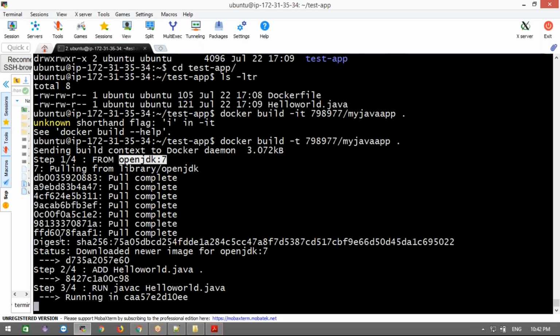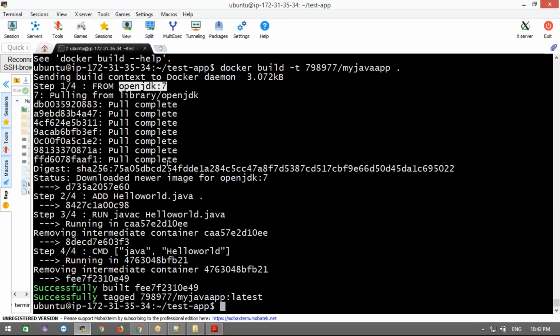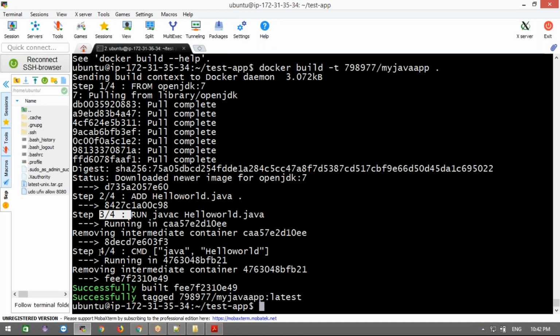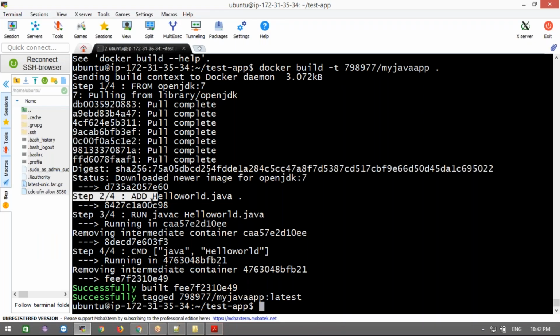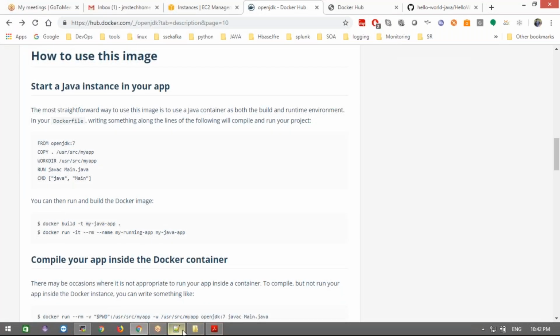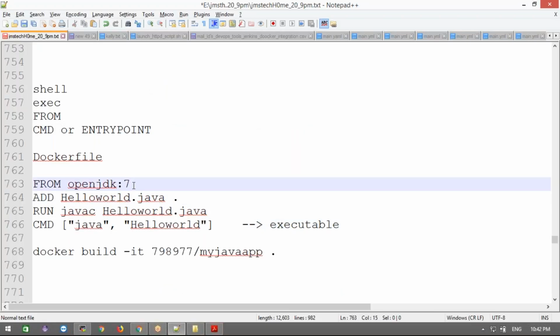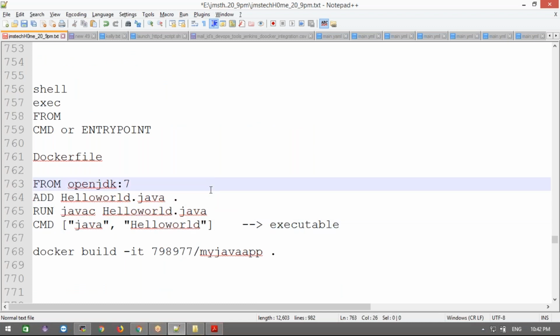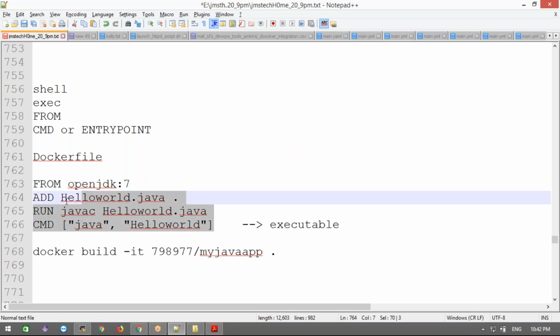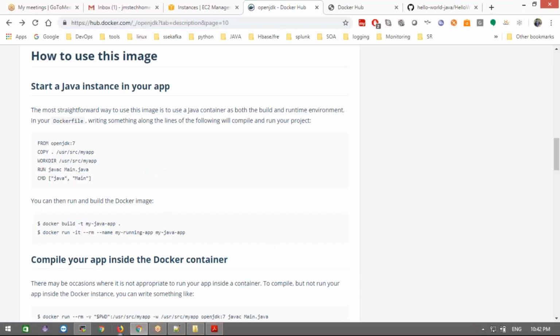It's very nice, right? Otherwise you would need to download it yourself. See, as many lines as there are in the Dockerfile, that many steps will be created. We have 4 lines, so each line will create one layer. If I create the same kind of Dockerfile where 3 layers and their commands are the same, it won't create them again and again; it will take the already existing layers. I will show that. That is the beauty of Docker.